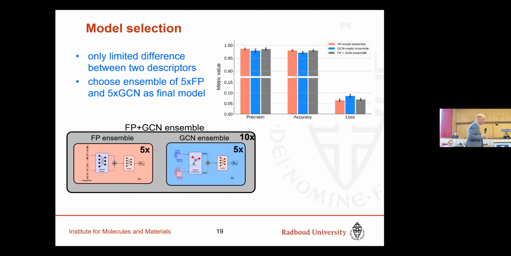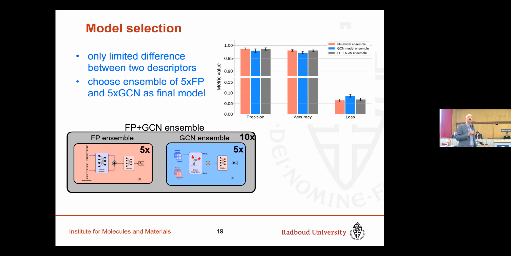And what we found by doing this is that these two descriptors that we used actually have very similar performances. Even though it's a different way of describing the behavior, the magic of deep learning somehow finds the same kind of information hidden in the network. And so you could see the graph on the right, precision, accuracy, and loss. Between the red and the blue, it's hardly significant.